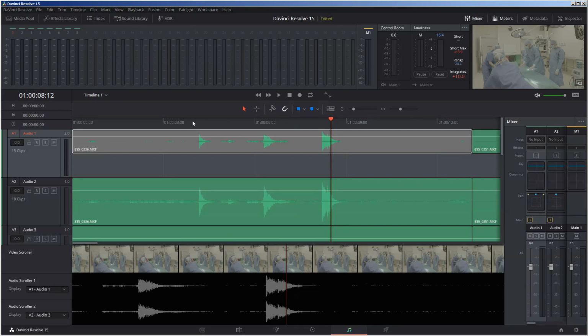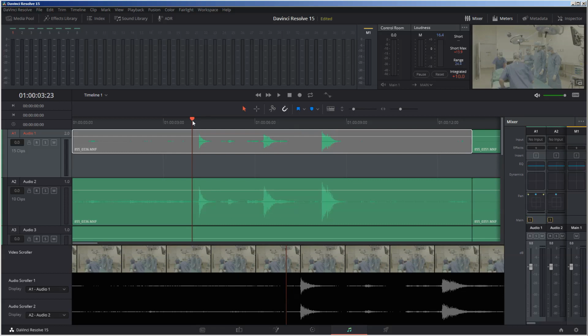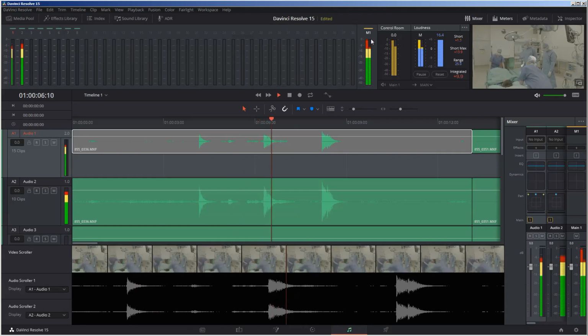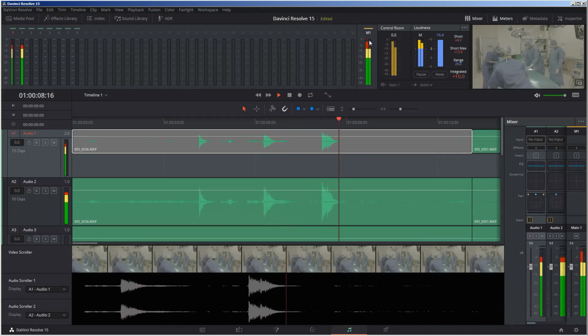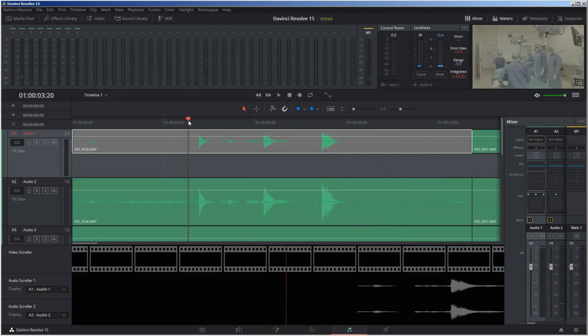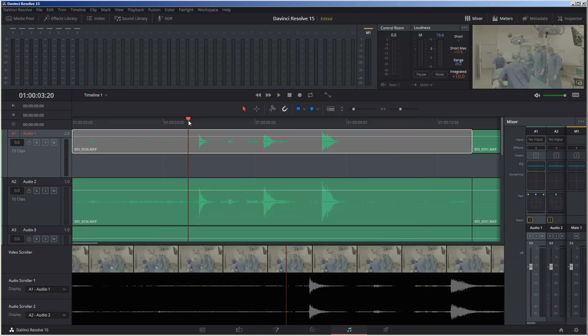And I have taken the sound from the camera to demonstrate the limiter. I'm not using the sound from the good sound. I'm using the bad sound to show you what kind of problem the limiter comes to solve. So when I play this, you see that it reaches here 0. And this is really, really bad. Okay? You never want to reach 0. But here in this case, I'm using the camera sound just to demonstrate the point.